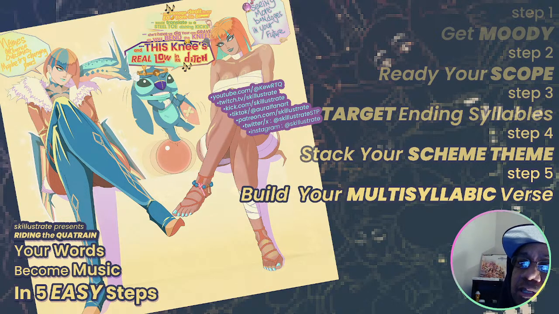That's a point that I don't stress enough about my process. My process, especially the scheme theme, is emphasizing the multi-syllabic aspect of lyricism. Anybody can rhyme 1 or 2 syllables together, but when you get to 3, 4,